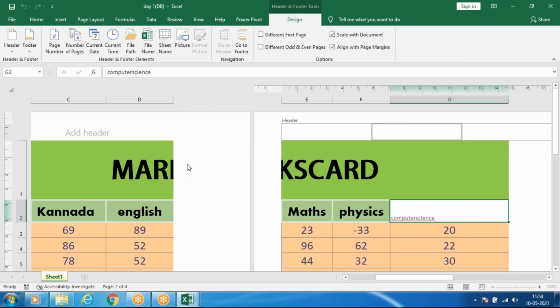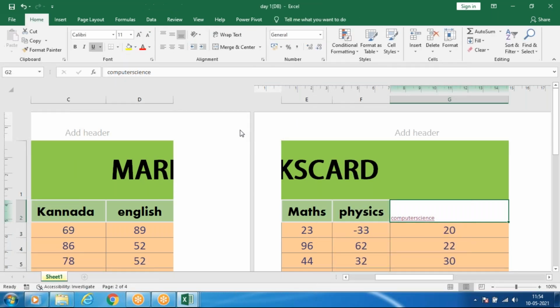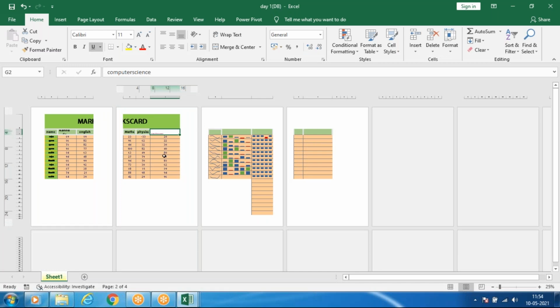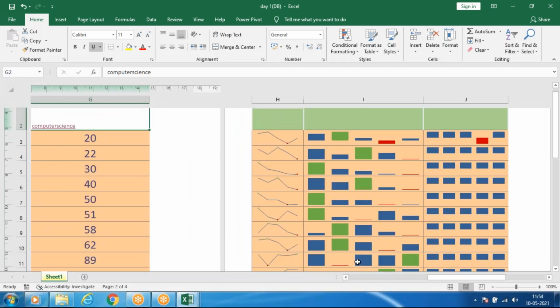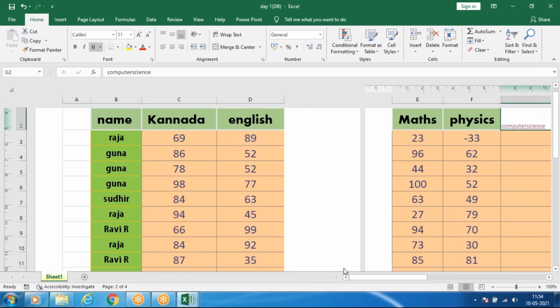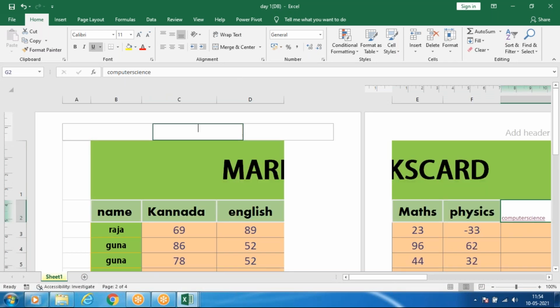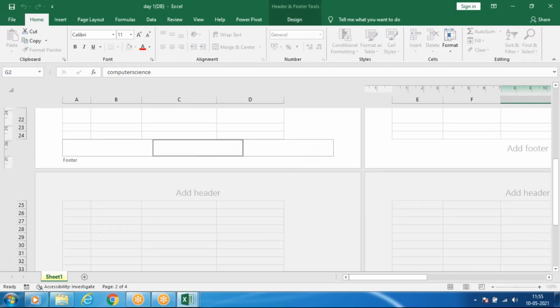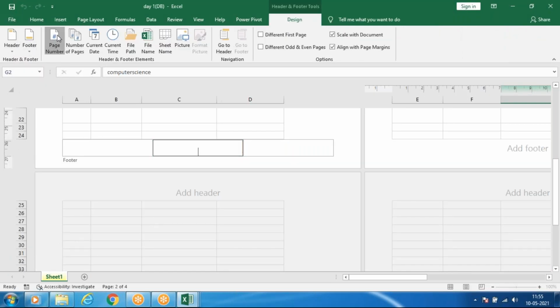So this is your output. Only this much is the first page, this much is the second page. You can zoom out. So these cells are split into 4 sheets, 4 pages. And you can add a header. If you go to the design tab, this and all you may have studied in Word. If you want a page number, you can enter a page number. That means if I want a page number in the bottom, go to the design tab, page numbers.